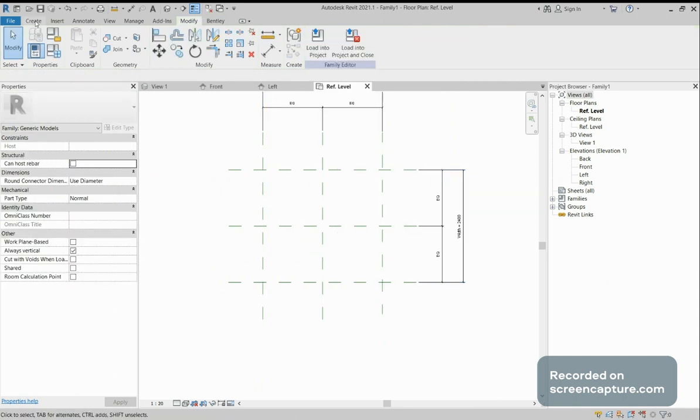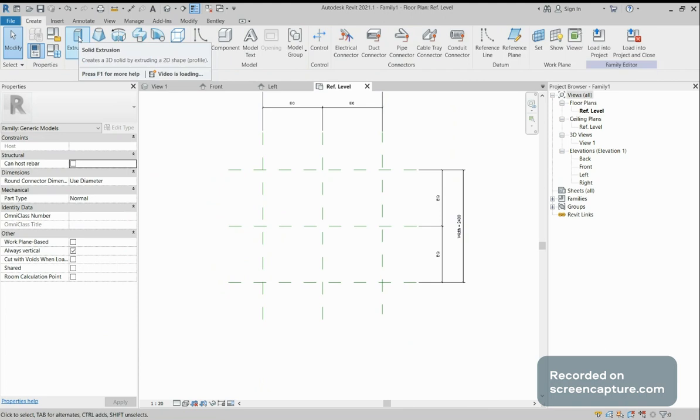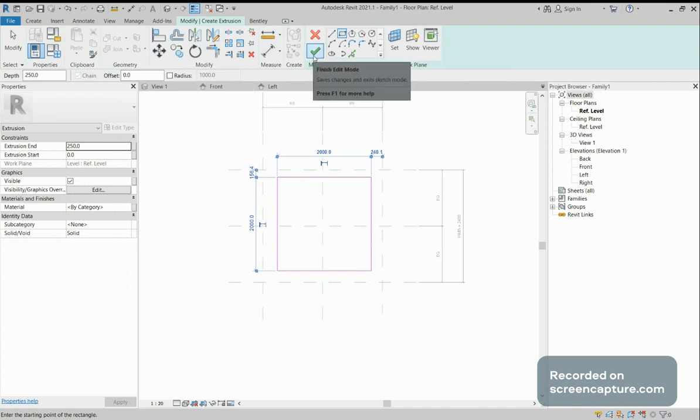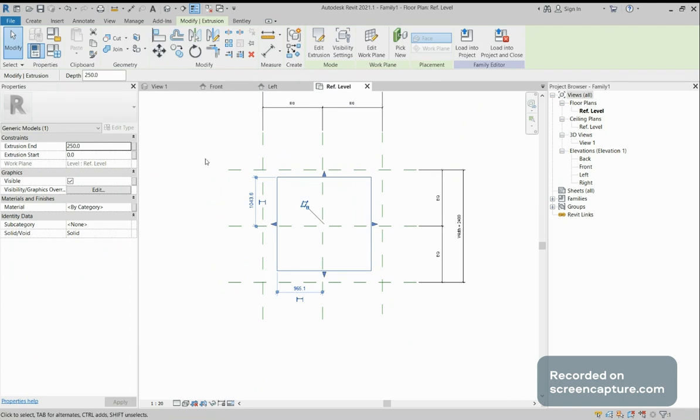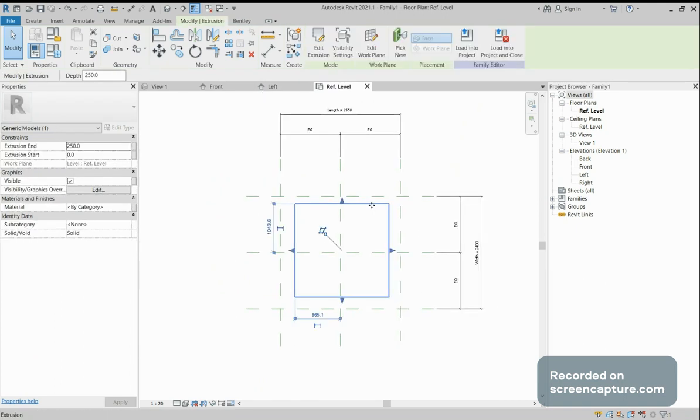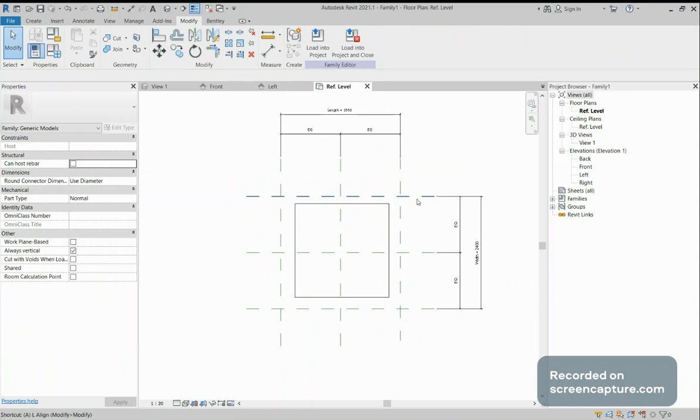Then I go to Create, and I made one extrusion, and I took one rectangle, and I draw like this, and I close this one. So depth I mentioned like this. Okay, so automatically it will come, so don't worry. So just click OK, and then I need to align with this one, align with these lines. Okay, so I just select this one, and I align with one and unlock it,